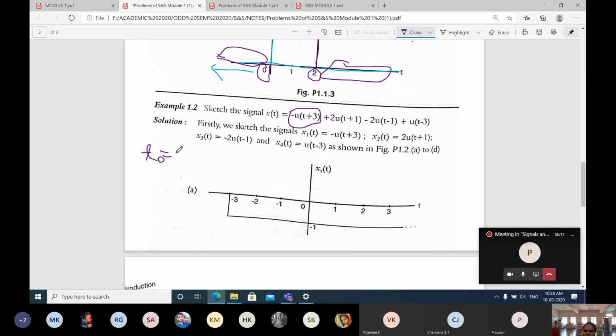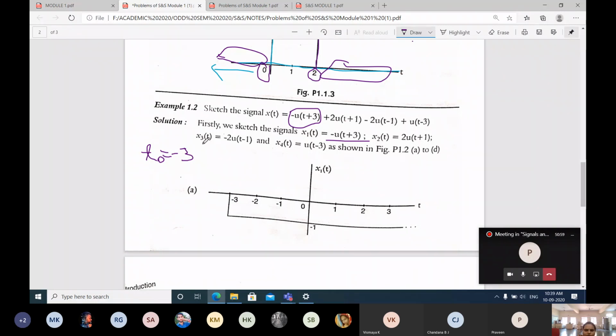If you observe the equation here, what is the T naught value? Can anyone guess? It is a minus 3 value, correct? Yes, the standard equation is of the form T minus T naught, right? Here it is plus 3. For that reason, T naught is minus 3. Then what do you have to do? From this T naught value being negative, I can decide the signal is shifting towards the left position, right? Shifting towards the left position.